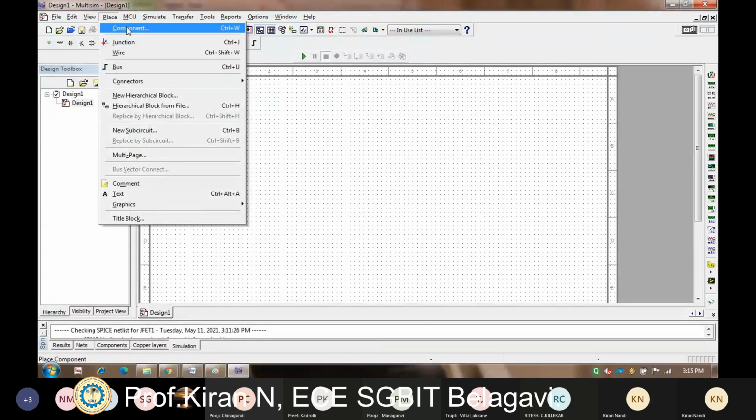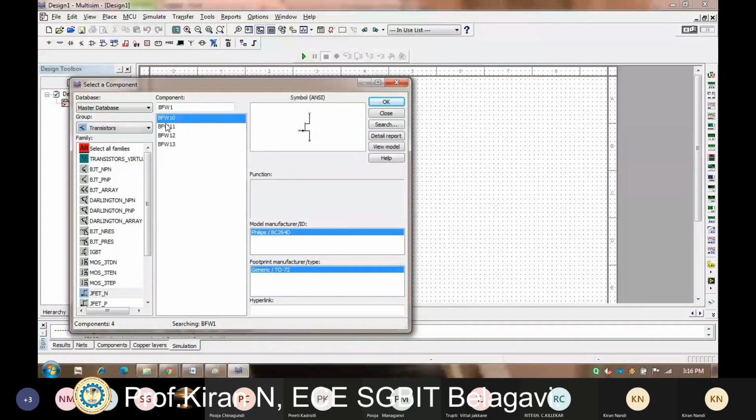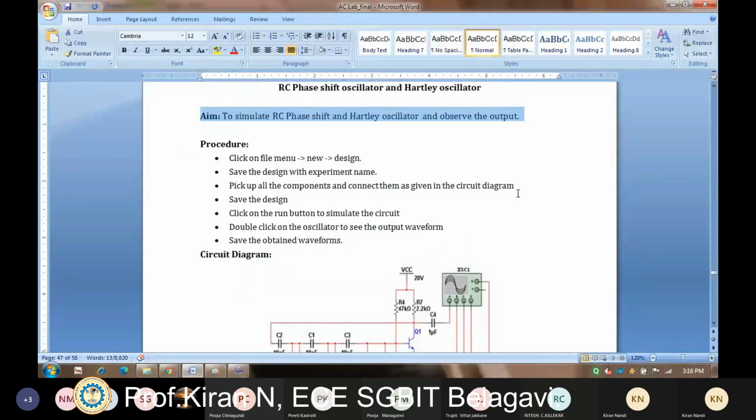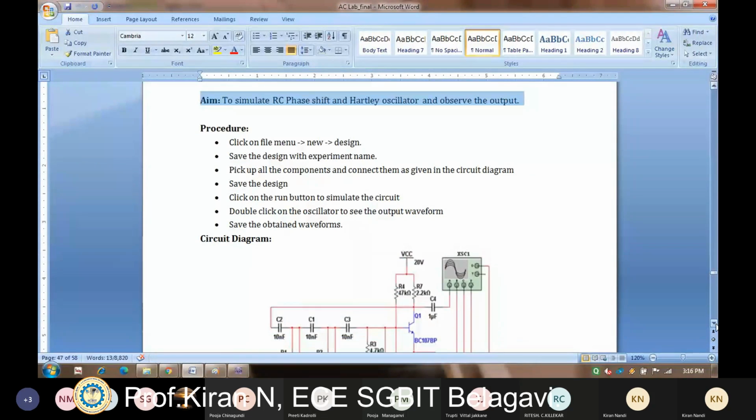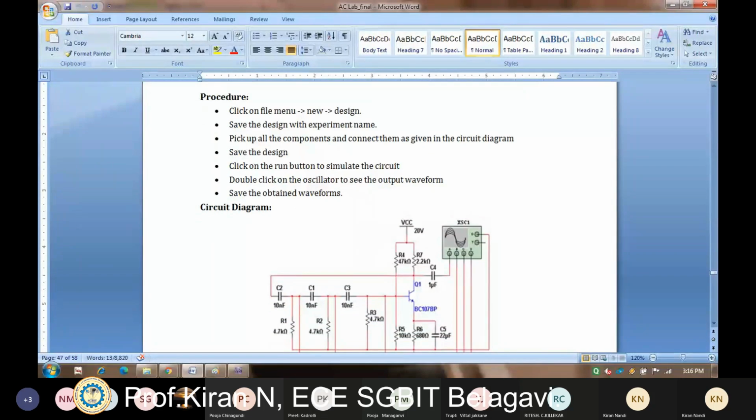So first thing is I'll place the transistor here. Transistor, I'll place BC. One second, I'll just check the number of that transistor. It is BC 107.